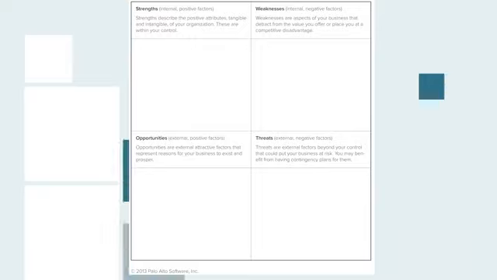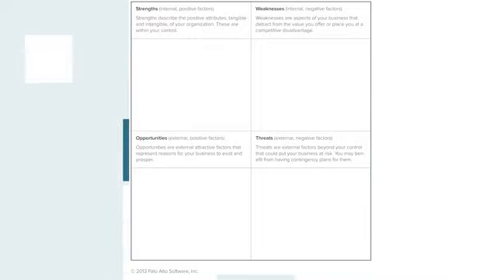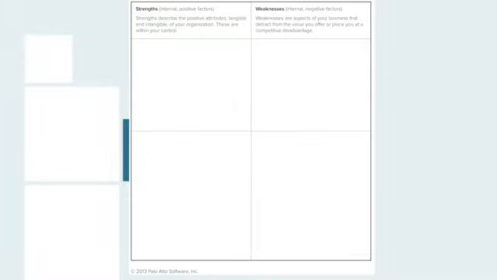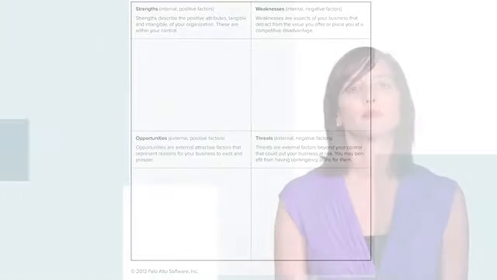So what does a SWOT analysis tool look like? Really, you can think of it as a square. And then once you have the square, you can put like a plus through it, and now you have 4 boxes. And across the top of the box, you have strengths and weaknesses, and along the bottom, you have threats and opportunities. Okay, so let's break down the 4 areas of the SWOT: the strengths, the weaknesses, the opportunities, and